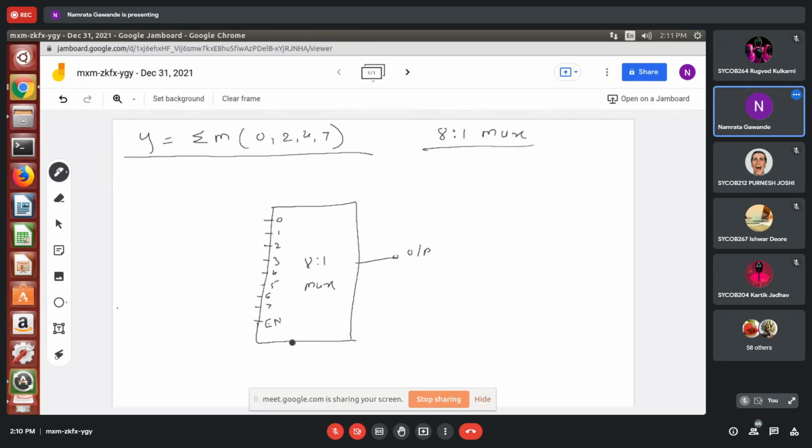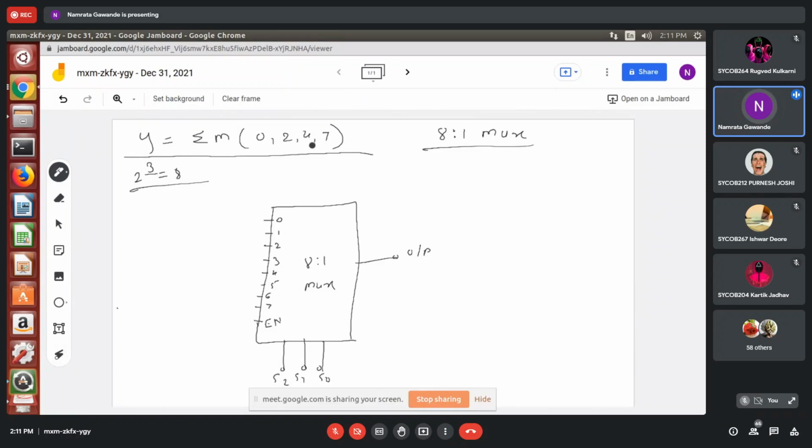Then the output. And how many select lines will be there? There will be 3 select lines. This is 8:1 mux, 2 raised to power 3 equal to 8, so the number of select lines is 3. I'll consider here 3 select lines, that is S0, S1, S2.